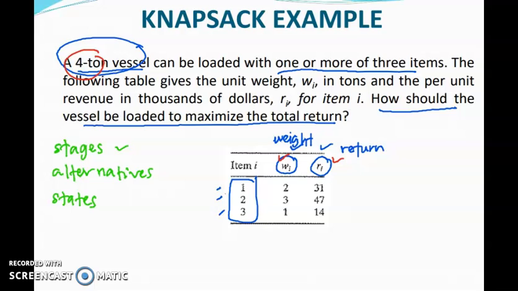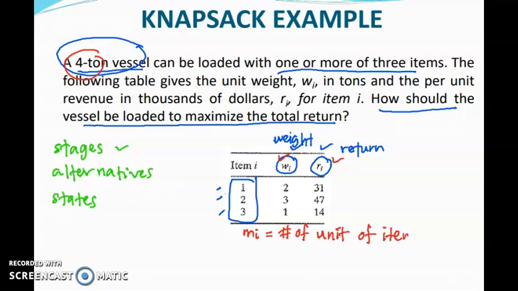Let's say you choose item number 1. How many units of item number 1 should we load into the vessel? In this case, we need to introduce another variable. Let's say I put M here, the number of units